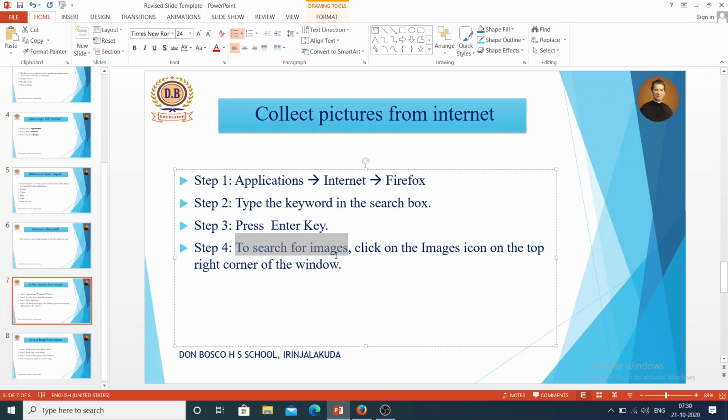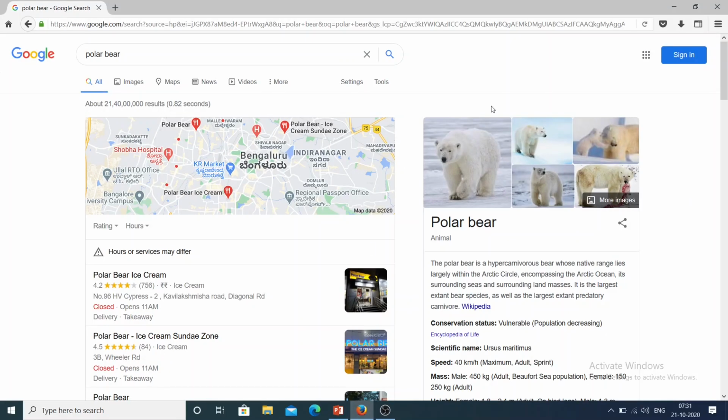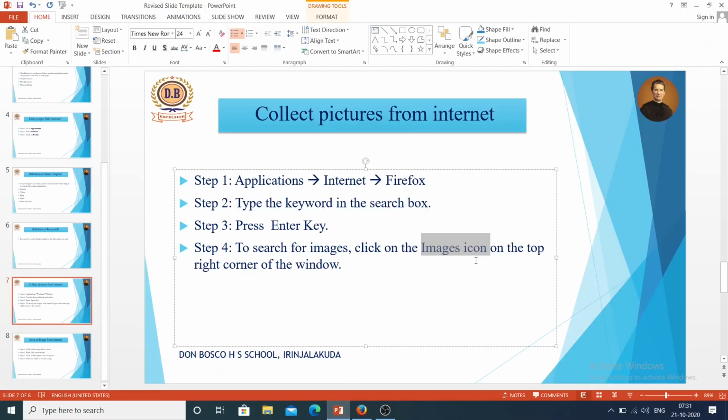To search for images, click on images icon at the top right corner. In some versions it will be here, you can see images tab. You just click on the images icon, that's enough.